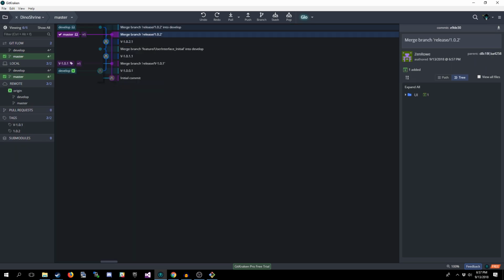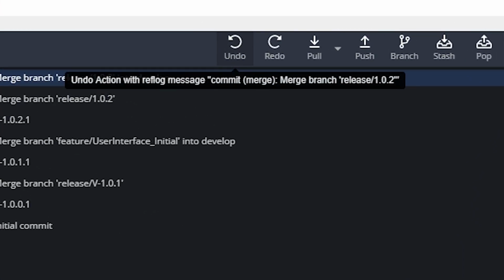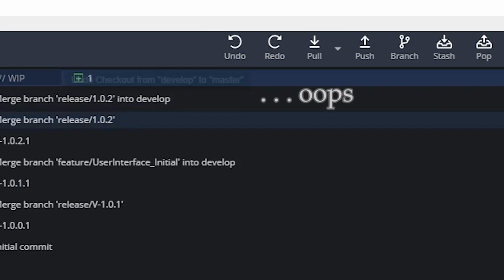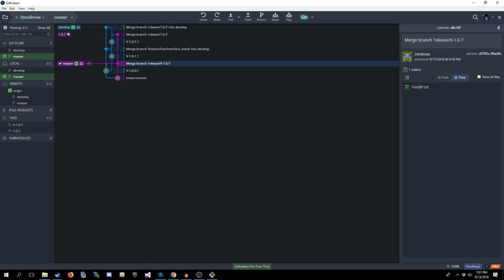And then, oh, look at that. That wasn't quite right. So that's something to be careful about, using these undo and redo buttons, because I actually managed to break something I'm not familiar with. What happened here is our master, both the remote and the local, are on this version. And for some reason, it won't jump to this one.